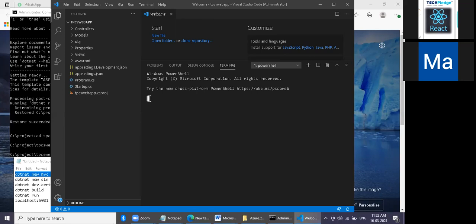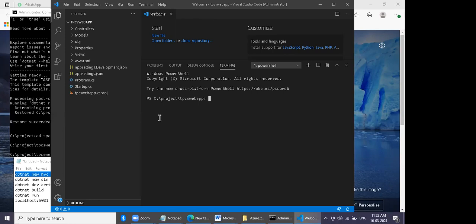Hit enter. No, still it is initializing. Yeah, it's coming now. If you have to run this .NET code, how will the developer run? Just type .NET. So I think it is slow.